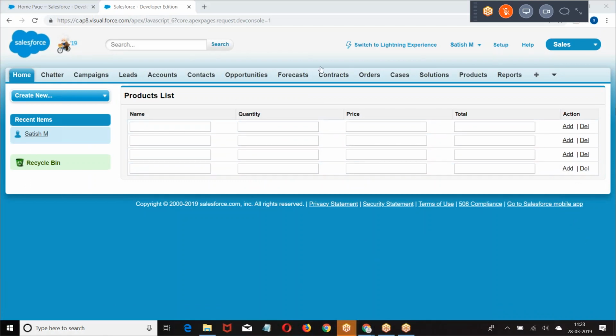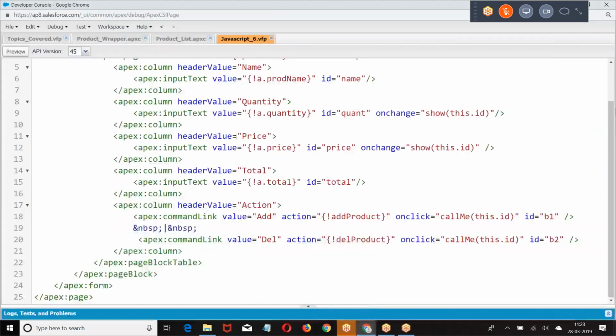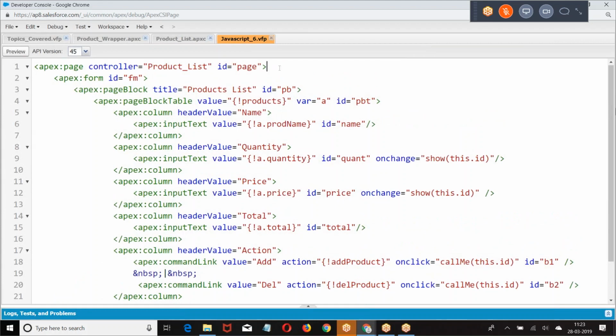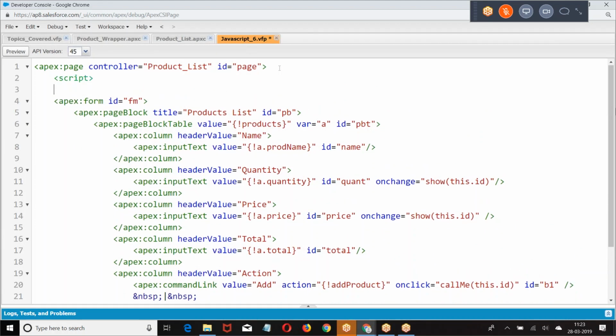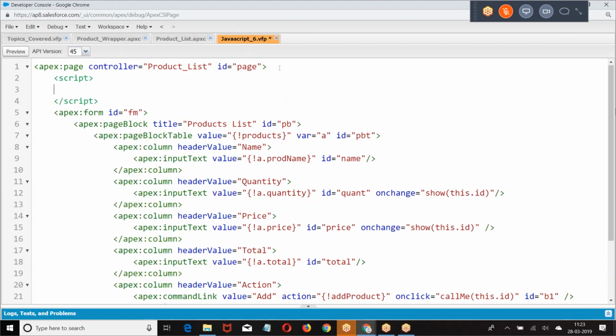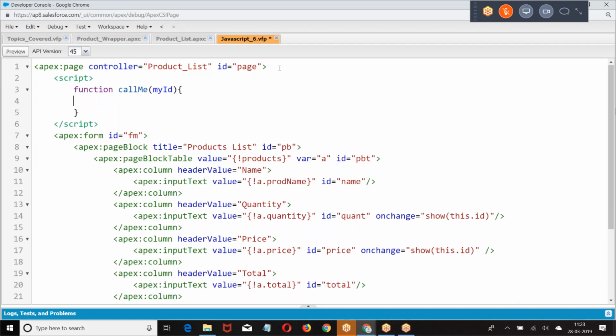Now I want to control it. What is the action? When you click on the button, on which row you clicked on the button. So you're going to give... First we'll see an alert.